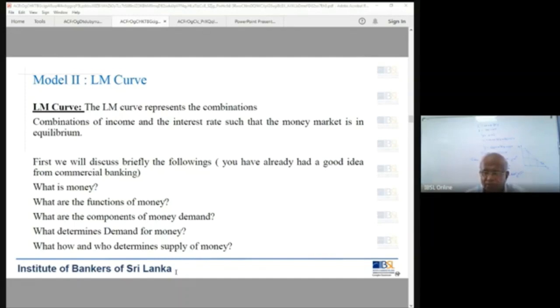Professor G.L. Pires cannot determine the demand for money. Sorry, the supply of money. The central bank governor and the monetary board decide the supply of money, the level of the stock of money in the economy. That is true for any economy: the Bank of Thailand, the Bank Negara, the Reserve Bank of India, the Fed. The determination mechanism we will discuss.